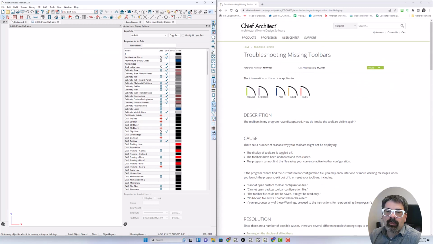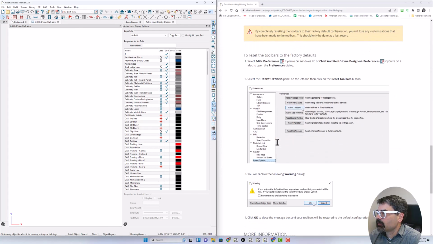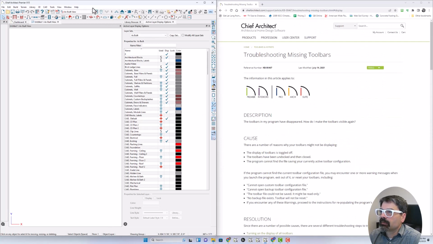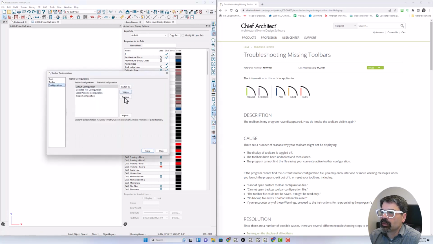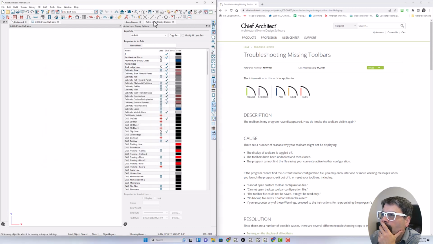Okay, pause again. I'm going to have to call tech support after all because this is not working. I have a feeling I'm going to have to just import the toolbars that I want. If I customize these toolbars, I can go to configurations and import them. Now that's interesting. Wait a second. Typically,